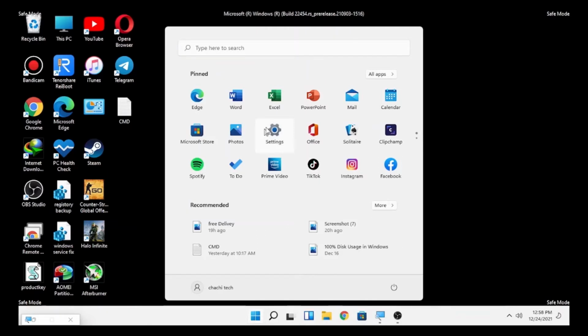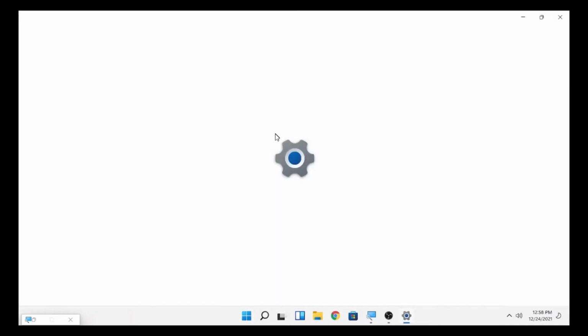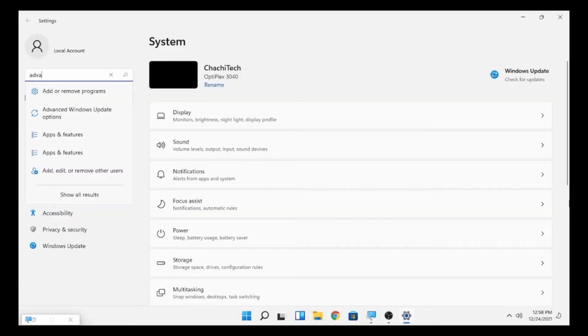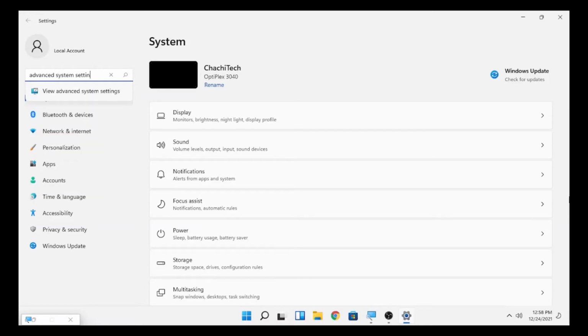Just log into the safe mode and go to the desktop. Then here you find the setting. So open setting, then after you open the setting, type here advanced system setting.